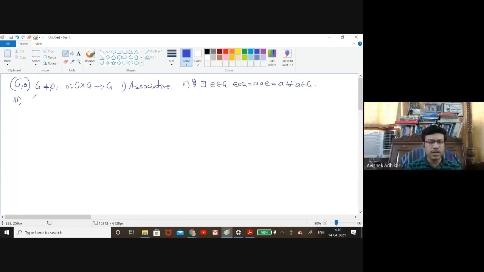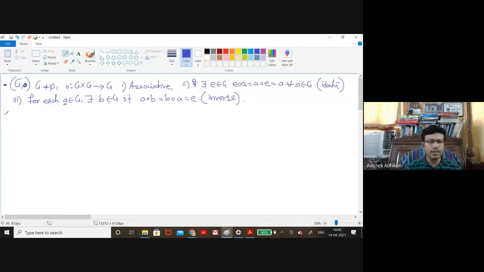What does it mean? It means that for each A belongs to G, there exists some B belongs to G such that A composition B equal to B composition A equal to E, and it has to be true for each A. Okay, so here E is called the identity element of G, and this property is called the inverse property. So if it satisfies all these properties, then we call G with this composition a group on G. Okay,